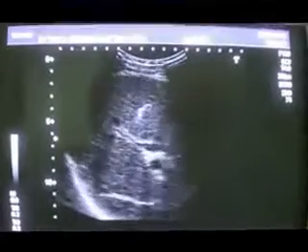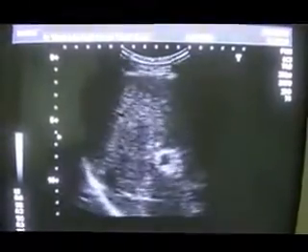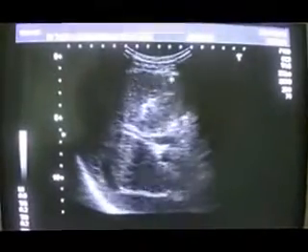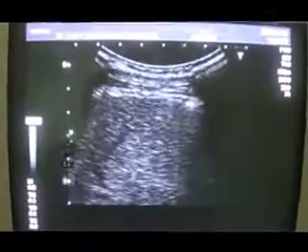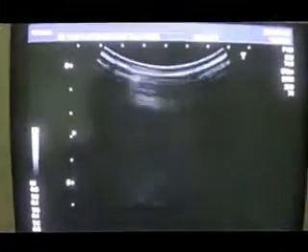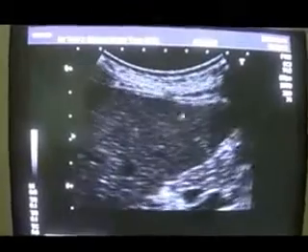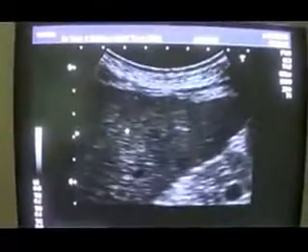This is a case of liver cirrhosis, and you can see that the outer surface of the liver is irregular. This is the outer surface. Let me magnify to make it more clear that the outer surface of the liver is irregular. This one, you see, this is the outer surface. The parenchyma is coarse,